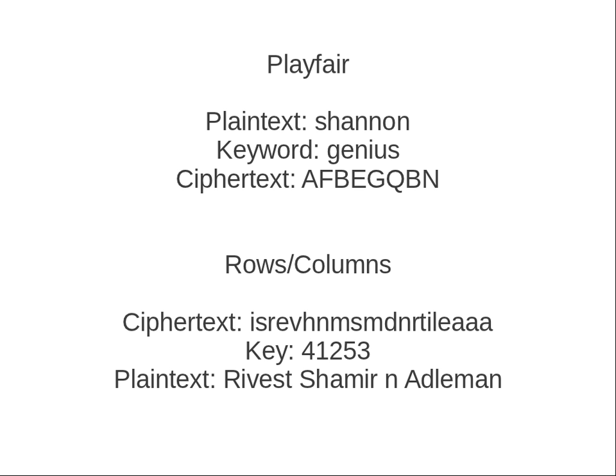Rows, columns, a little bit harder. But here's the ciphertext. We have a key of 5 characters. We break it into, what have we got, 4 rows. Rearrange those rows according to the key. And